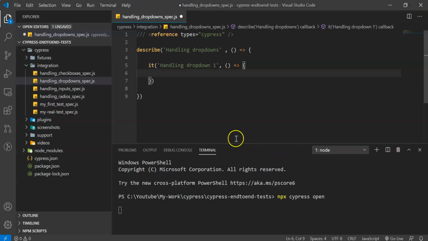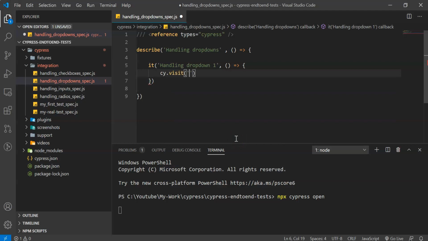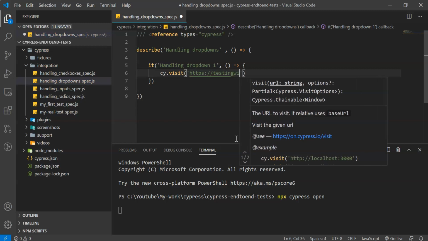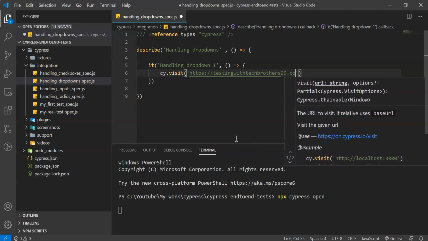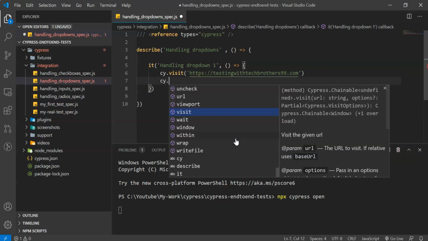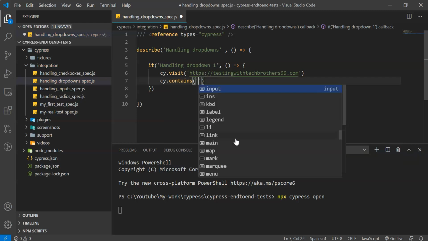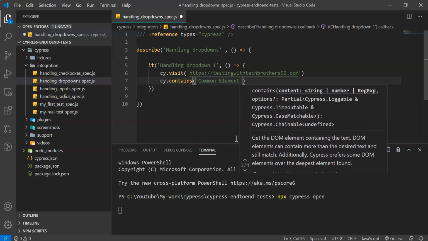Okay, for that first we need to navigate to our website, cy.visit, https://testingwithtechbrothers99.com, and then we need to click on the common elements. So for that I am just using the contains, and I am looking for common elements.